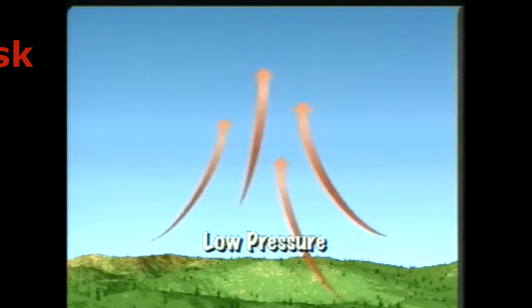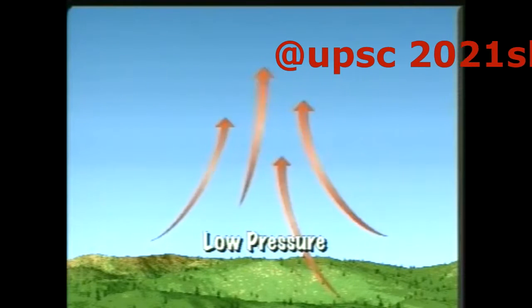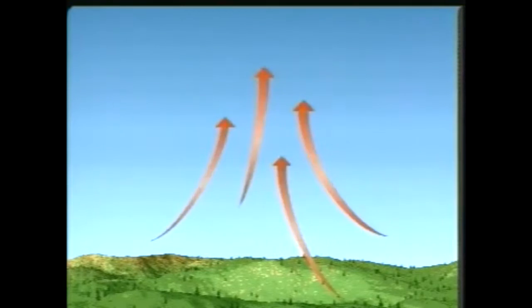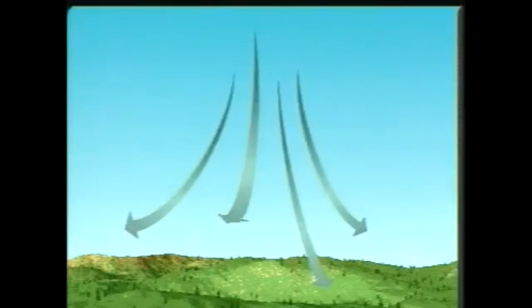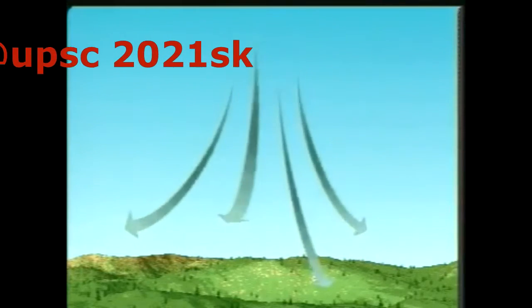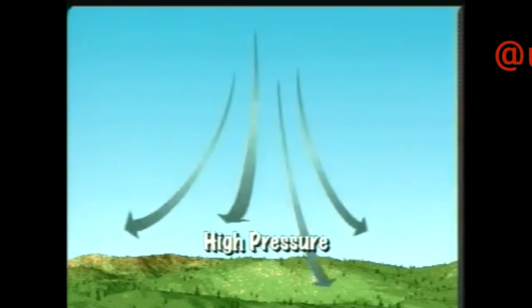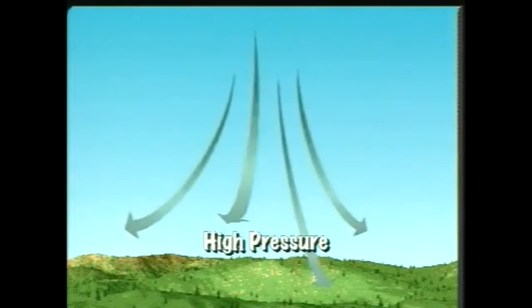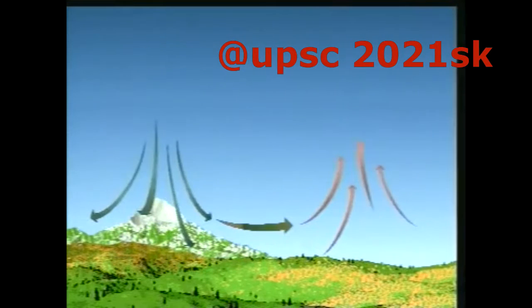When this happens, we get a pocket of low air pressure. Air flows inward to replace the rising air. Cold air is heavier and sinks. We can often feel cold air flowing down a hill or valley in the evening. In a similar way, when air is cooled, it becomes heavier and forms a high-pressure cell. Air flows outwards from this system. On Earth, air flowing from high to low pressure zones is wind.